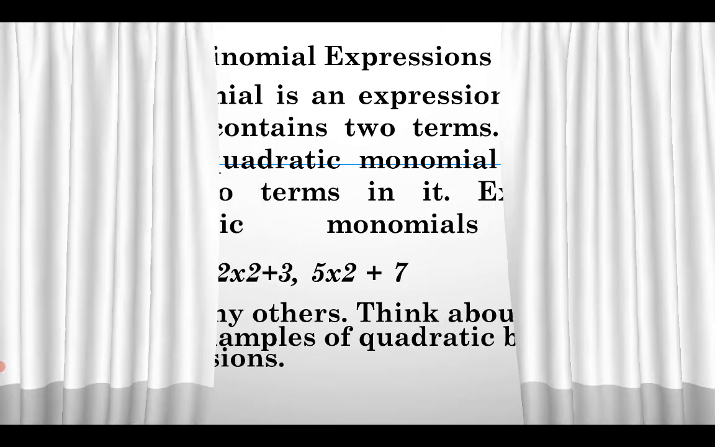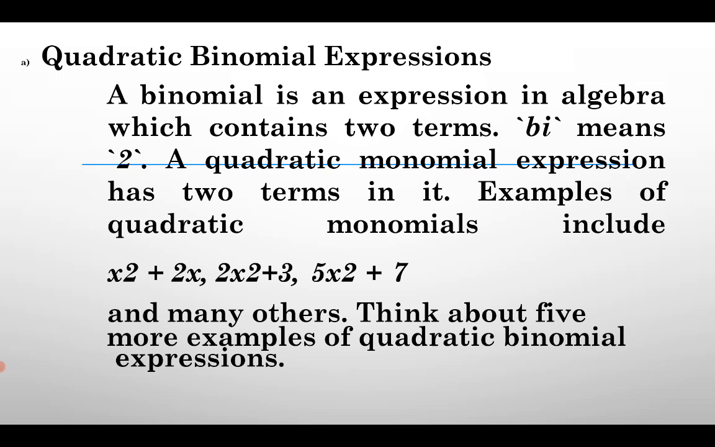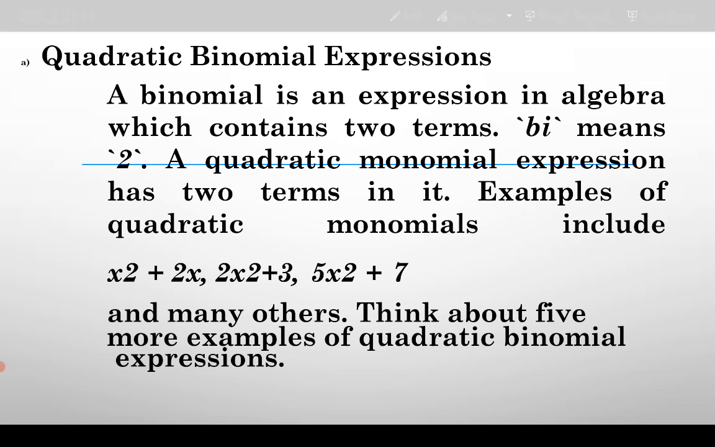All right, another one is called binomial, quadratic binomial expressions. A binomial is an expression in algebra which contains two terms. Bi means two. So you have two terms. Nomials is terms. So a binomial is an expression in algebra which contains two terms. Bi means two. So a quadratic